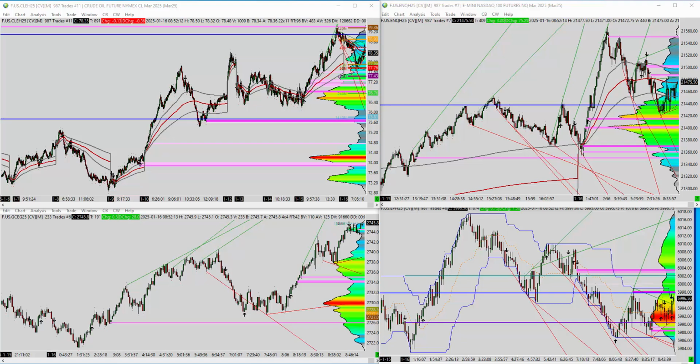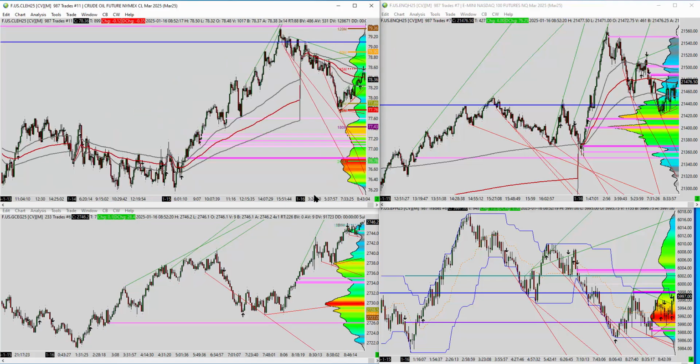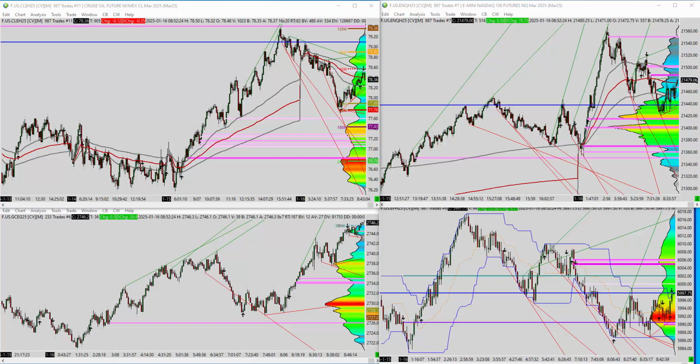Okay. One thing also I have to mention is that when it comes to historical embedded volume, you cannot see this in other platforms, right? If you have your system with NinjaTrader or any other platform, they don't have historical market depth. The only platform that I know of that has historical market depth is actually Sierra Chart. And I've been looking into it. For example,